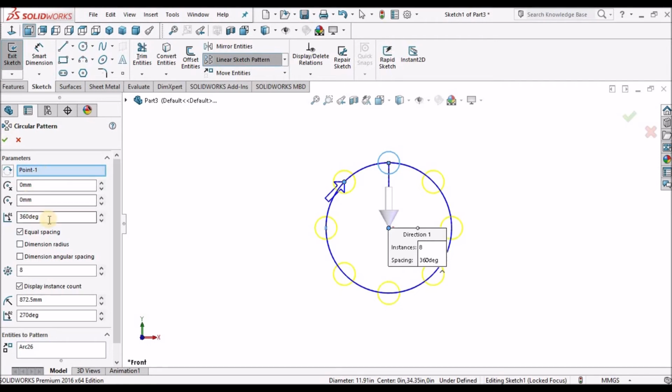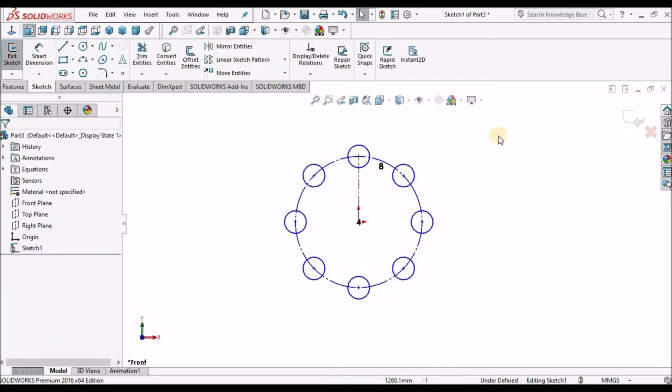Automatically it divides 360 by 8. So this is a circular pattern.